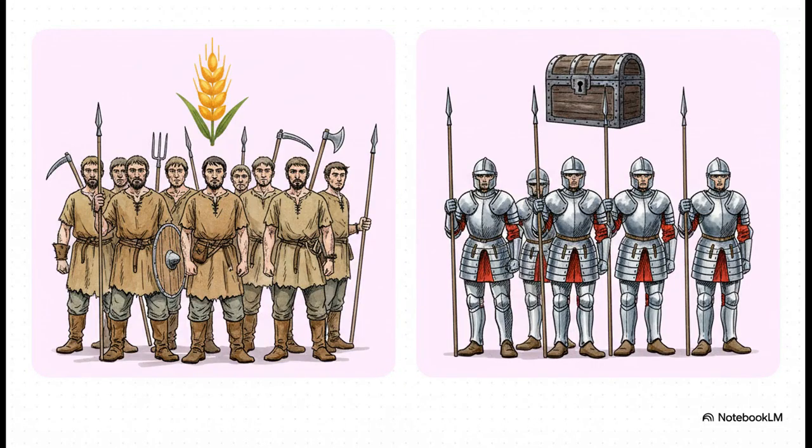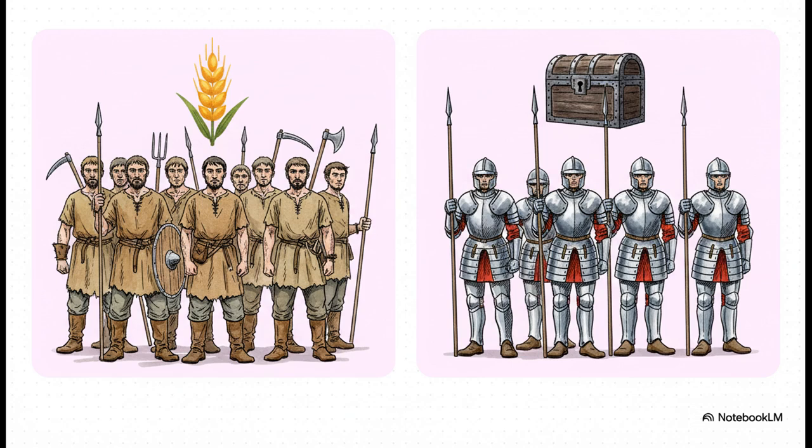Rulers also had a really tough choice to make about who was going to do the fighting. You could go with peasant levies. They were cheap and you could get a lot of them, but they were unskilled and crucially, they had to go home for planting and harvesting season. The other option, professional soldiers. These guys were pros, highly skilled, available 24/7, but they were so expensive that a long war could literally bankrupt your entire kingdom.